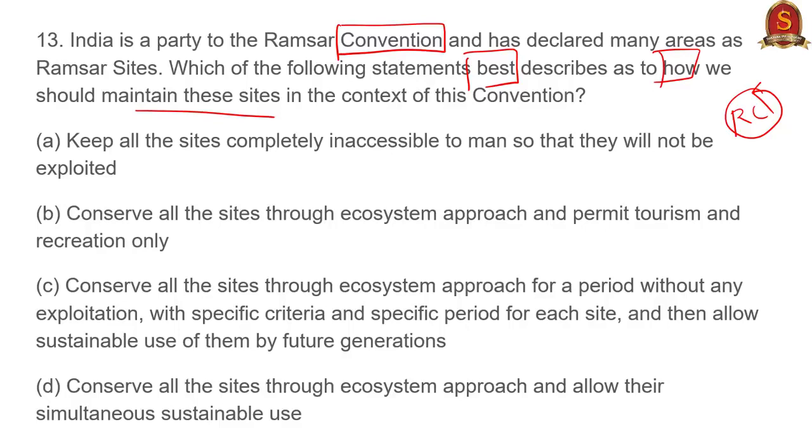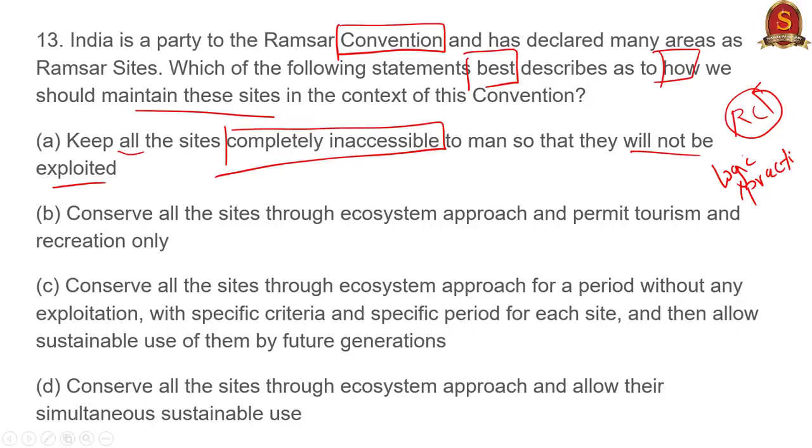Look at the statements and tell me which is logically or practically possible in doing. Look at statement 1. Keep all the sites completely inaccessible to man so that they will not be exploited. Option B. Conserve all the sites through ecosystem approach and permit tourism and recreation only. Statement 3. Conserve all the sites through ecosystem approach for a period